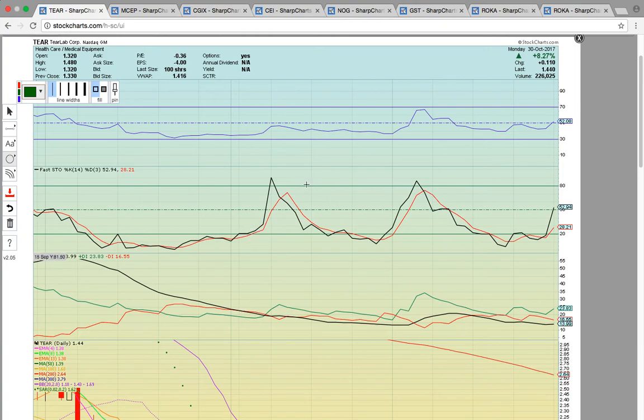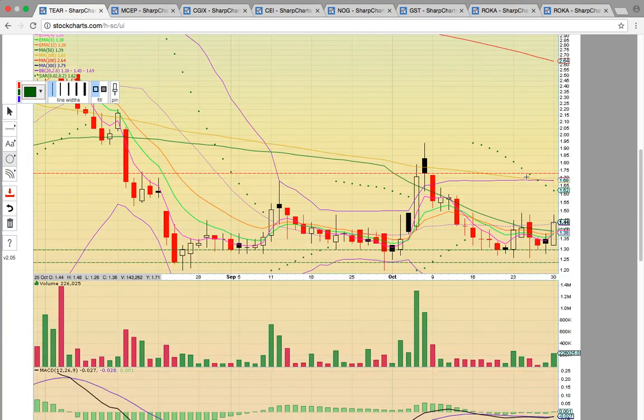Okay, first up, let's look at TEAR. Nice move today, closed up 8%. It's really heating up here. Check out RSI and Fasto. They both closed above 50 for the first time in a couple weeks, so that means they're in the bull zone and there's room to run until 70 on RSI, until 80 on Fasto, so they've got juice to